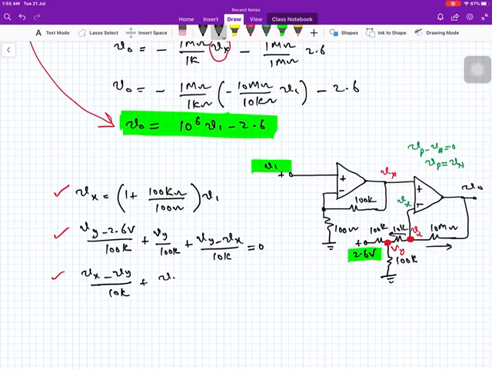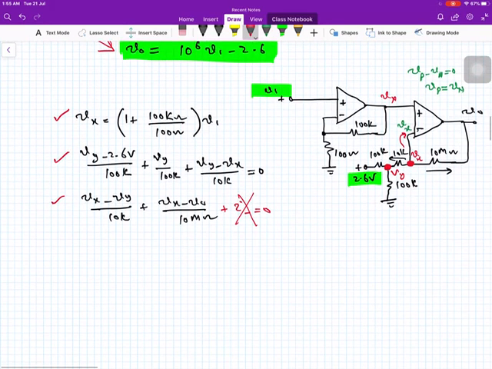This current is Vx minus Vo divided by 10 mega ohm. And what is this current? Look at the circuit diagram. I will show it in red. This current is I entering into the inverting input. We will assume it 0. So due to these three equations, we can finally conclude that